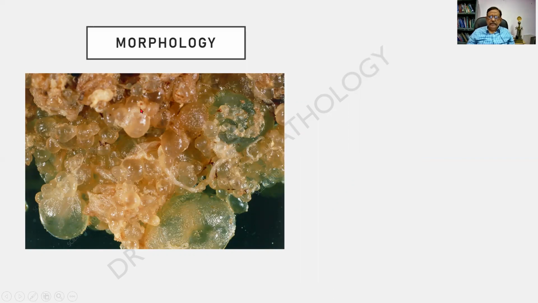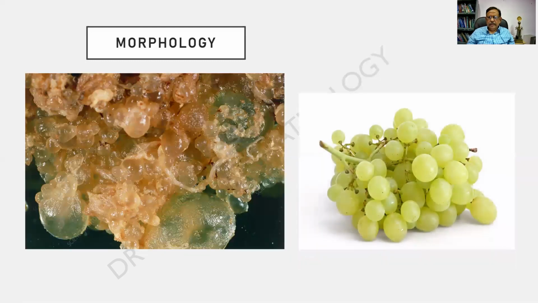Morphologically, I find that there are multiple vesicles formed in the form of a bunch. A vesicle is a cystic space that contains a fluid. I'm finding multiple small vesicles, some are large, another one is quite huge. They are translucent, some are even transparent, and they are all tethered together by very delicate fibrous tissue. They literally look like a bunch of grapes. A patient with this complaint will be passing these vesicles through the vagina, and that will be the typical history they give.